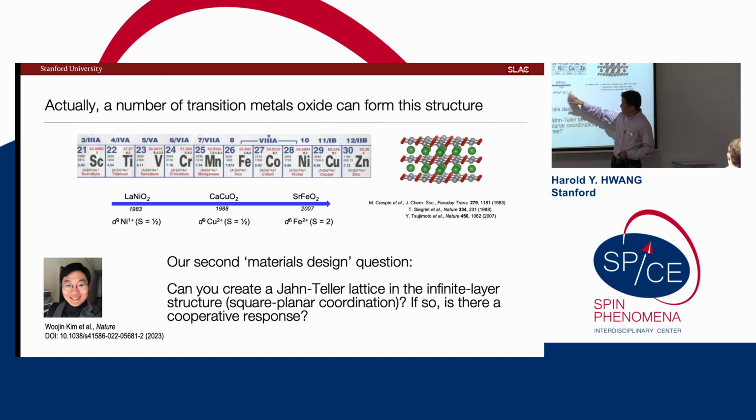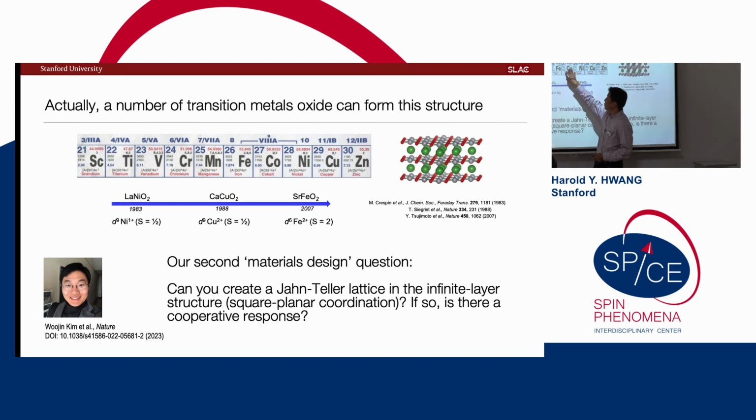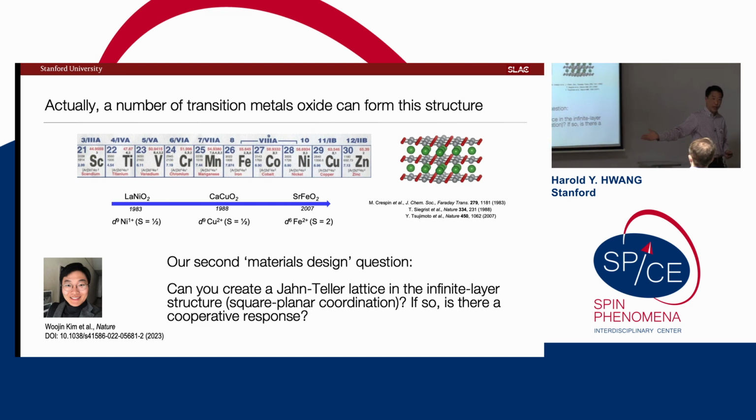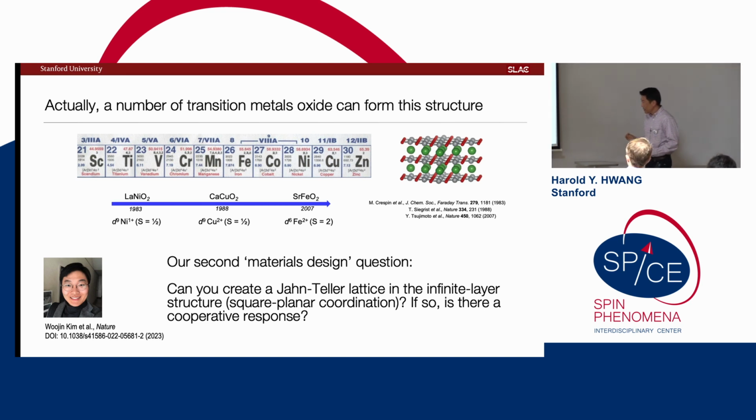Again, quite an interesting system, a spin-2 magnet. Anyway, so these guys are living here, there, and everywhere. So I can stabilize this for copper, for nickel, for iron. There are incomplete hints in the literature that manganese can do the same thing. And so we were interested in cobalt first. Well, it's there in the middle, so why not? But specifically, we had a question that was kind of the second story I wanted to tell you about.